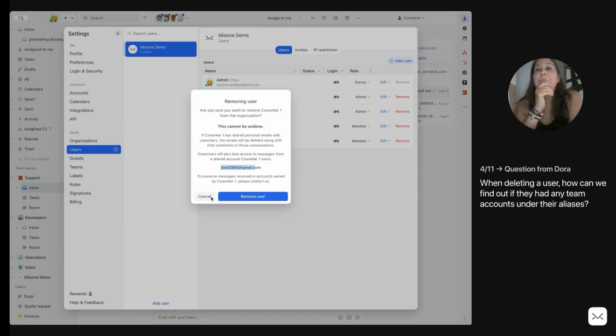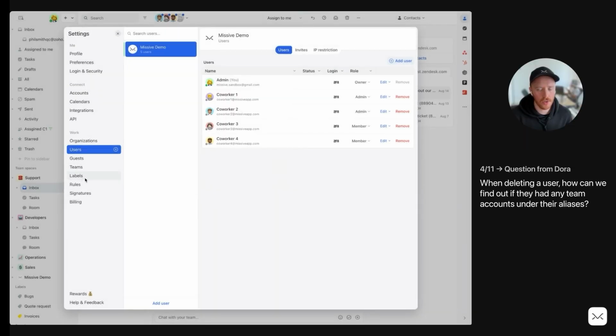Mhm. That's a good point. One thing that I've seen a few organizations do recently, and that's what I suggest sometimes for big organizations, is not to have your users connect the account themselves, to have some kind of master user, general admin account that is connected to Missive. Sure, you pay for an extra seat, but that seat